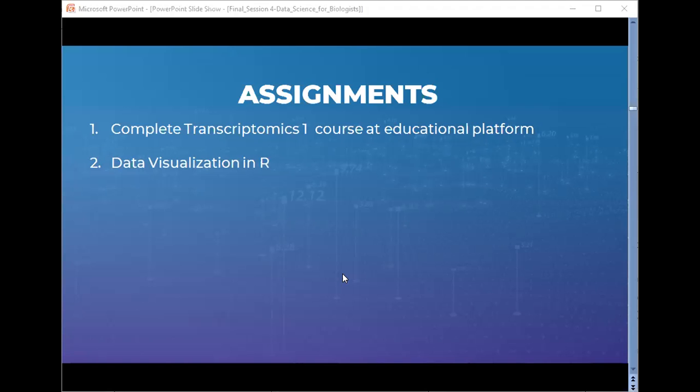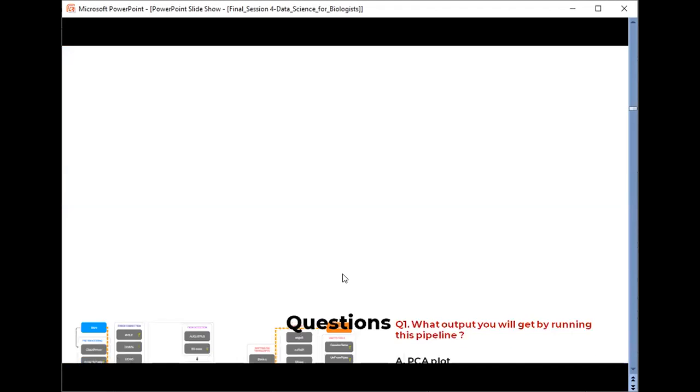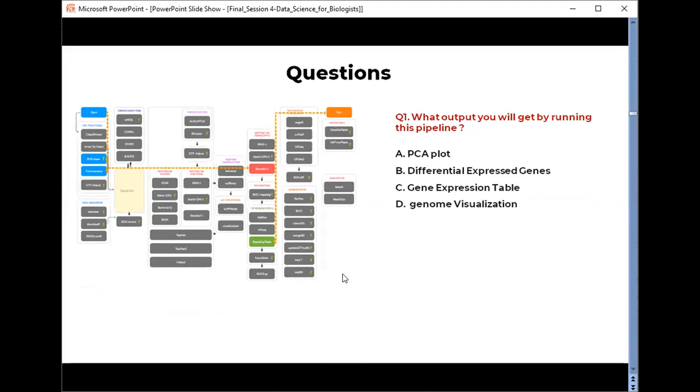Before moving into today's session, let me ask a few questions and let's see what you have understood last time. What output will you get by running this pipeline? A, a PCA plot; B, differentially expressed genes; C, a gene expression table; and D, genome visualization.